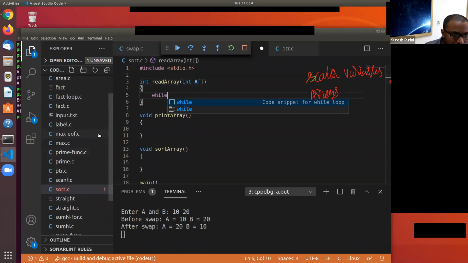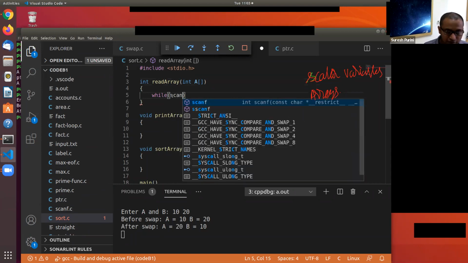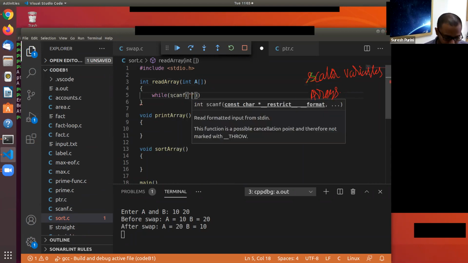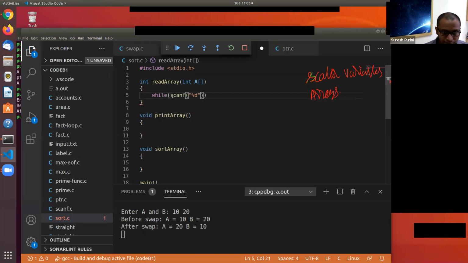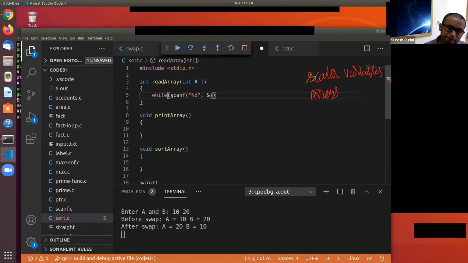We can take one of our previous codes. What's the big deal? We will write it here. So int i is equal to 0, while scanf %d, a of i plus plus, while it's not equal to 0.